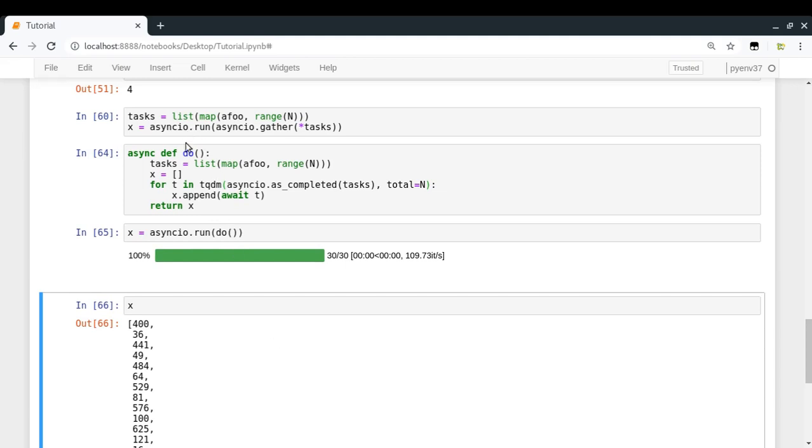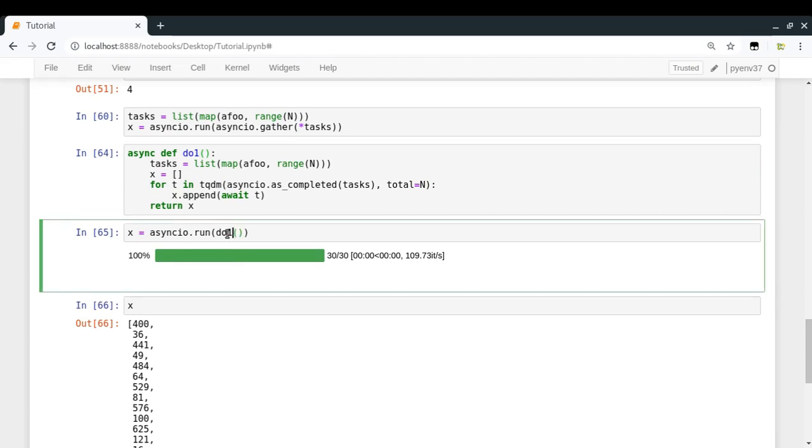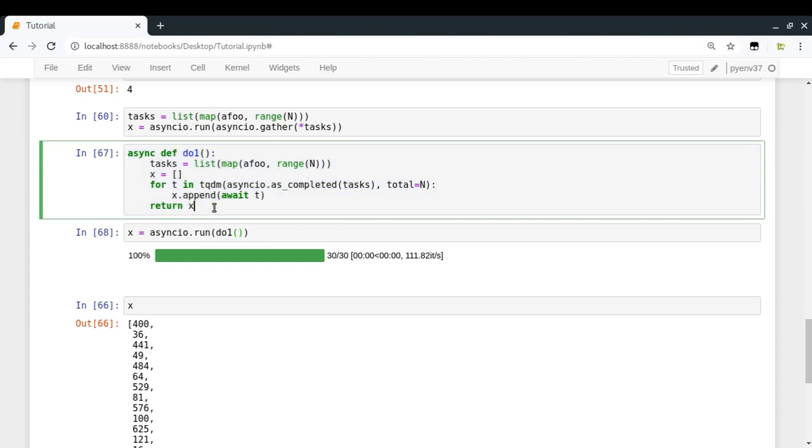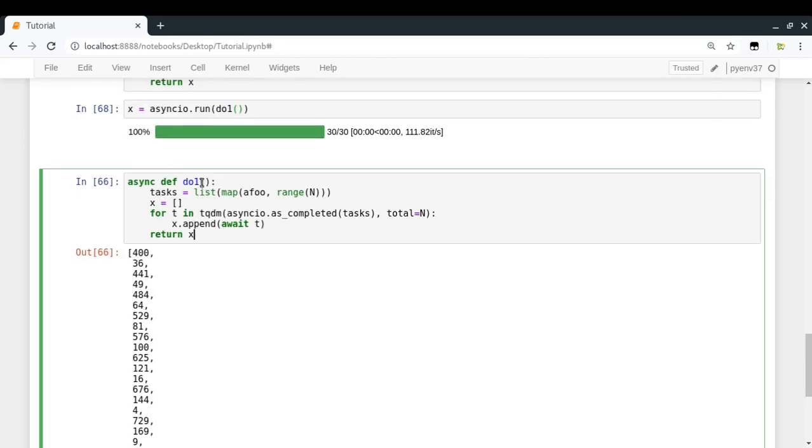So now I'm going to give you one more solution which is going to make it ordered. Let me define it as do1, which is doing the task, and now I'm going to replace it with do2. So see what is happening here. I have the list tasks which contains the order in which I want the results, right? It has that order because I was using range to generate those coroutines. But after that, I am not using tasks for keeping track of that order. Coroutines do not contain the information about what the result of that coroutine is once it is completed, but there is something called